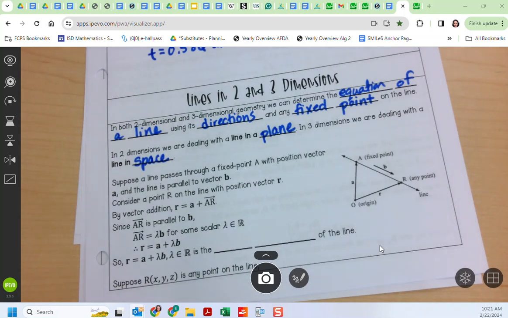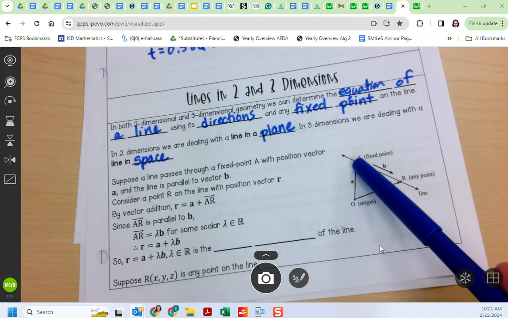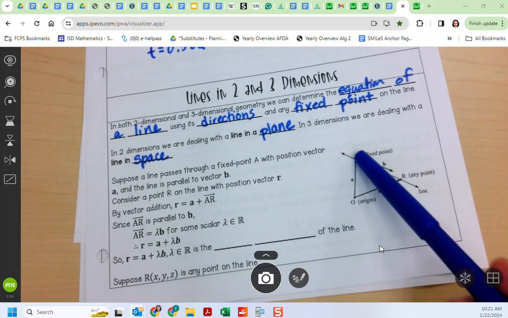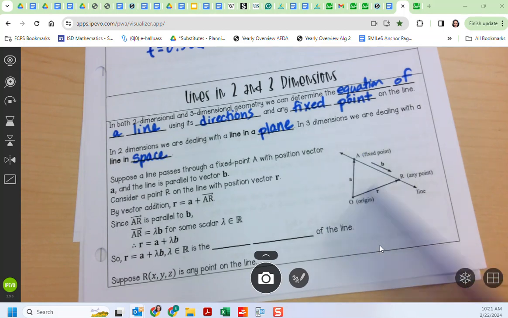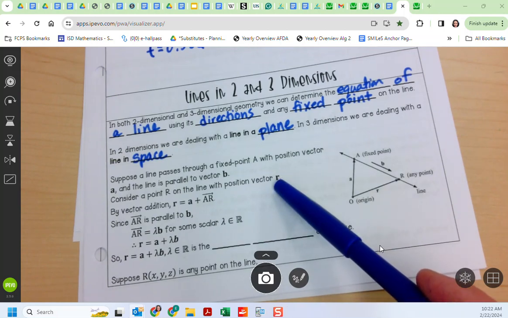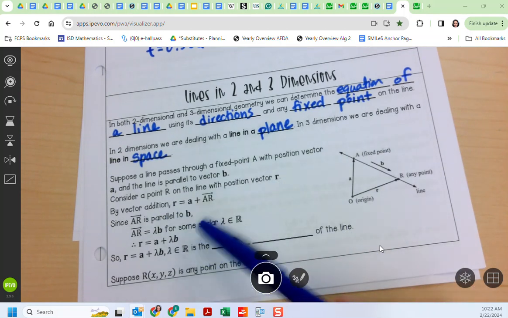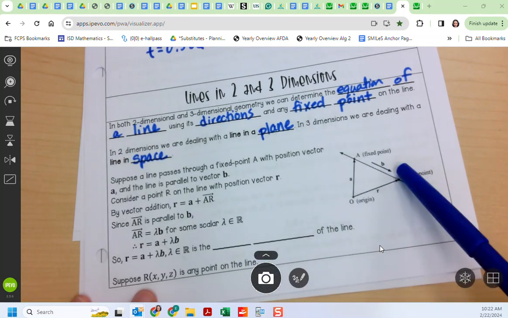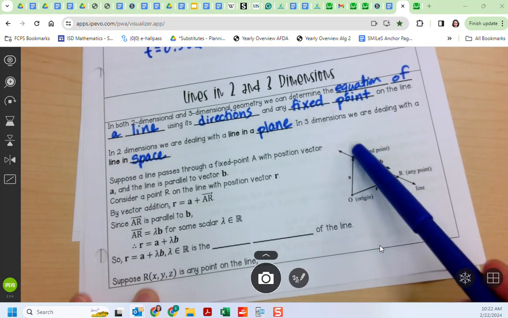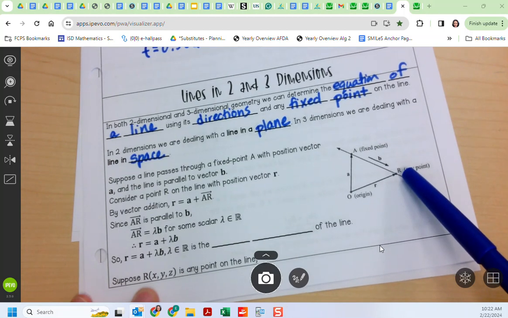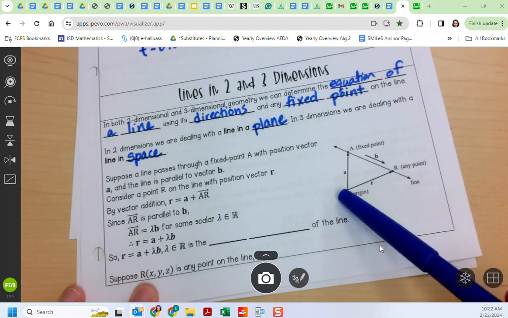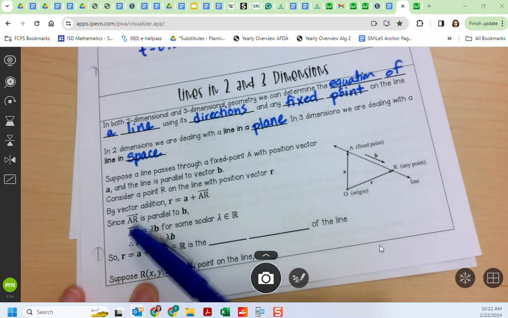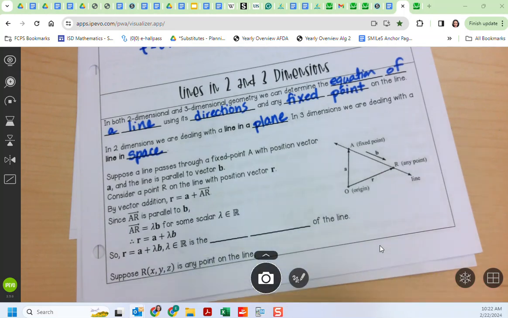All right, suppose a line passes through a fixed point A with a position vector A, and the line is parallel to vector B. Consider a point R on the line with position vector R. By vector addition, R is equal to A plus AR. So here's AR. So R is equal to A plus AR. That's kind of what we did at the beginning of class when we added two vectors, right? So this vector plus this vector is equal to this vector. And since AR is parallel to B,